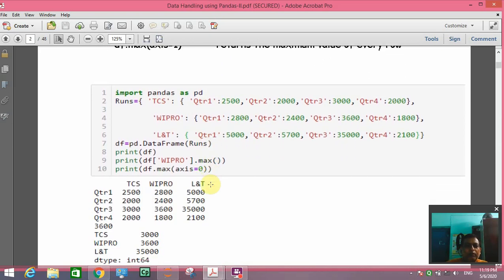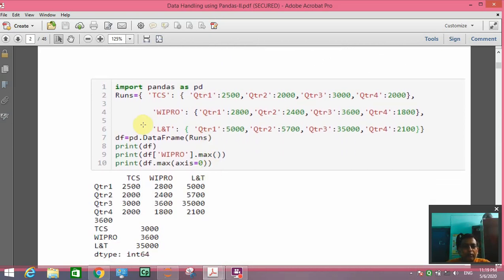Here you can see we have made a data frame from a dictionary. Three companies have quarterly production, or anything you can say. So TCS, Wipro, L&T, different companies are having quarterly production.